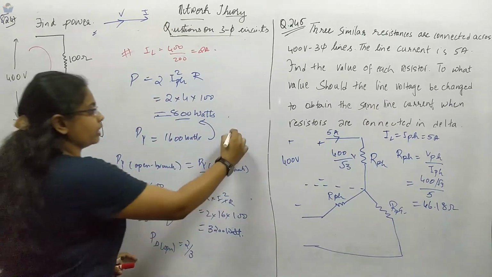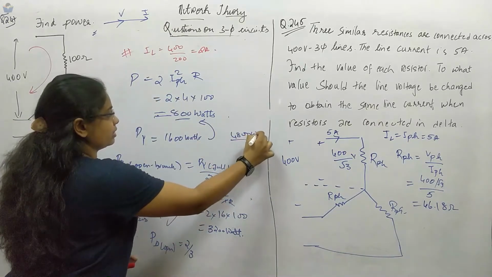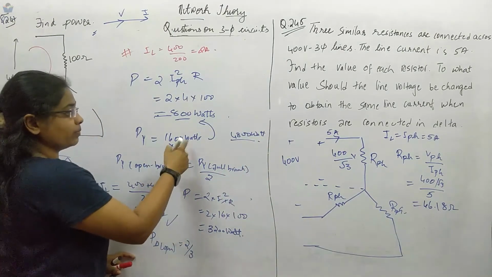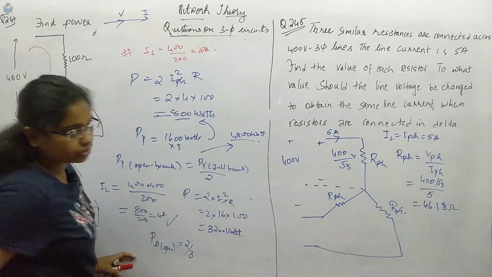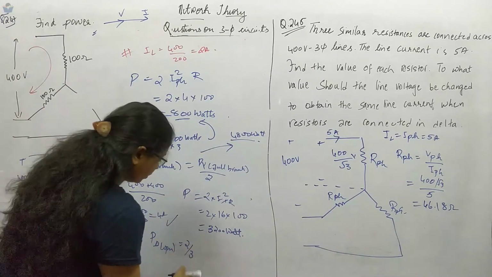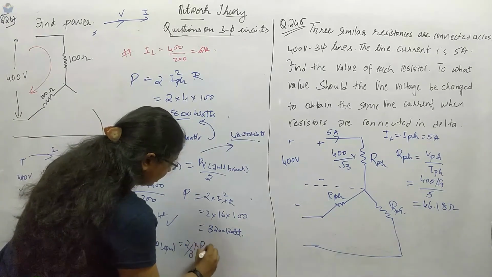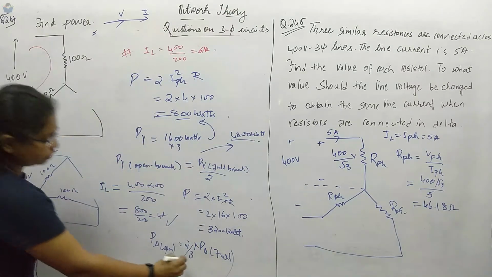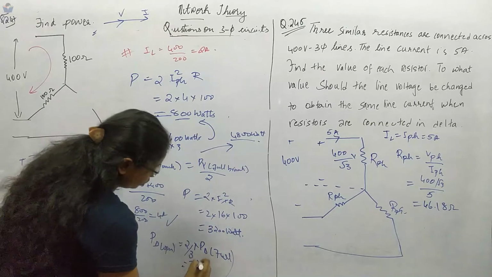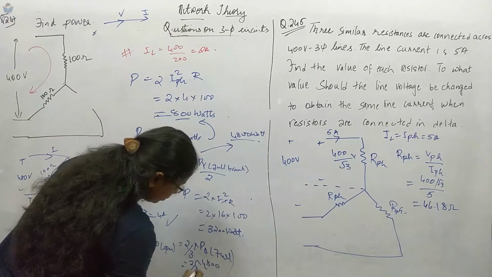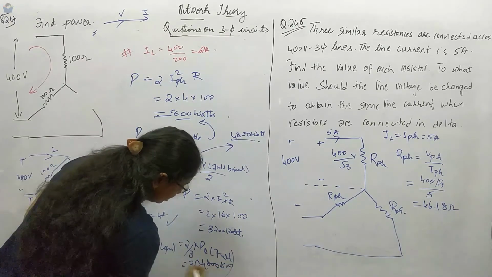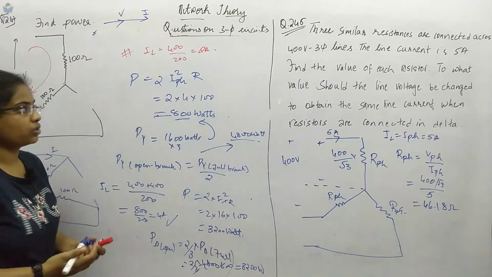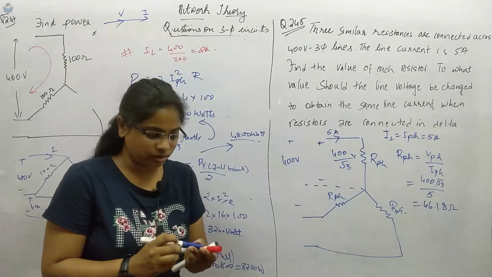So the observation here is P delta open will be equal to 2 by 3 times of, in the previous case we had got 4800 watts. For delta, we had multiplied by 3 for same value resistance, that's why we had got 4800 watts. So it will be 2 by 3 times of P delta full branch. You can verify this one, you will get 2 by 3 into 4800. So 3 ones are 1600, 16 into 2 is 3200 watts.